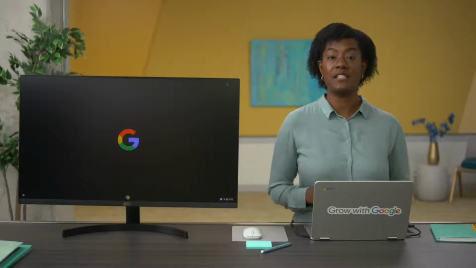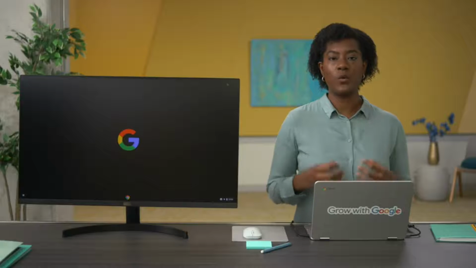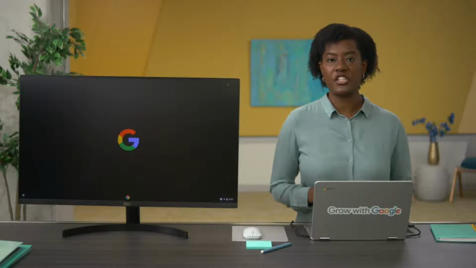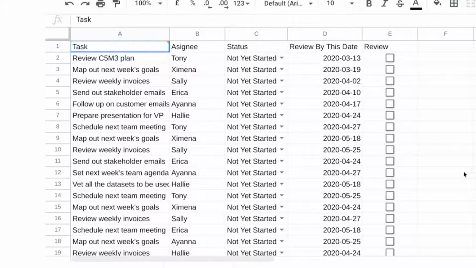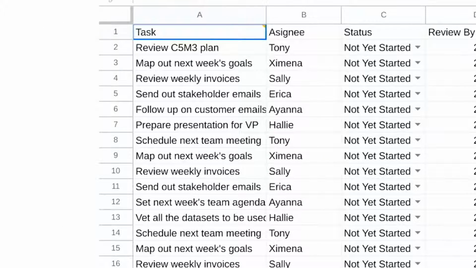So far, we've used conditional formatting to highlight empty cells that still needed data so that we could quickly pinpoint what information our table was missing and add it in. Now, let's build on that by using it to make our scheduling table easier to read at a glance. Here's a table we worked with when we covered data validation. It's tracking the status of different tasks on our project for our team to check on. But now there's even more tasks than the last time we looked at it.